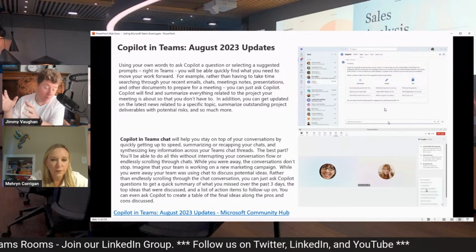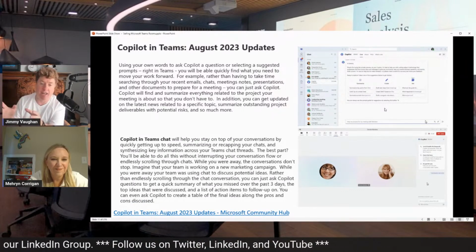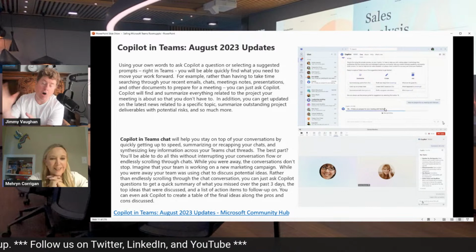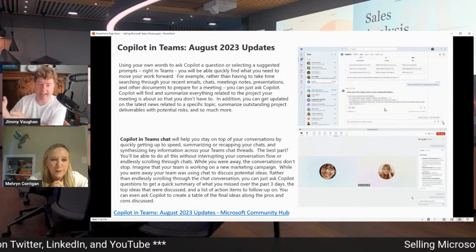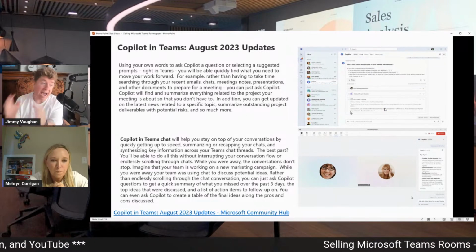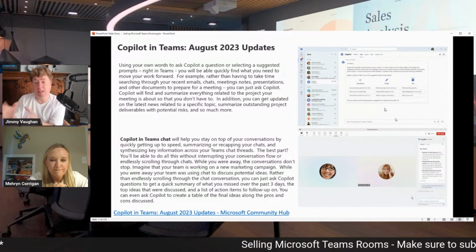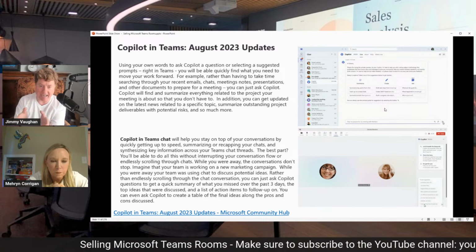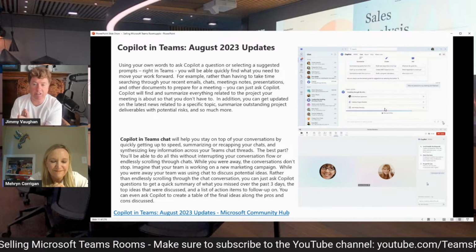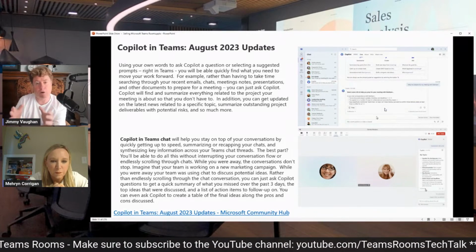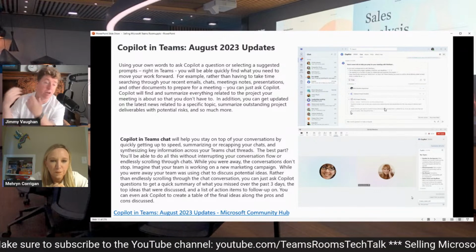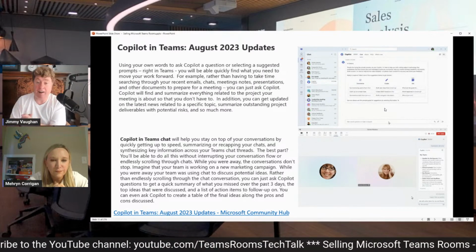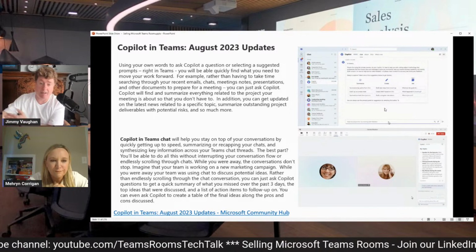And what would Friday be without talking about Copilot, Mehryn? There are August updates in Copilot. We understand only a select few have this ability, but unbelievable updates. I want people to keep up to date. This looks like an eye chart here. I get it. There's a lot of words on the screen to go through, but when we provide these links after the show, make sure you go and read this, because there's a lot of things that are moving forward, and they're moving quickly, Mehryn.